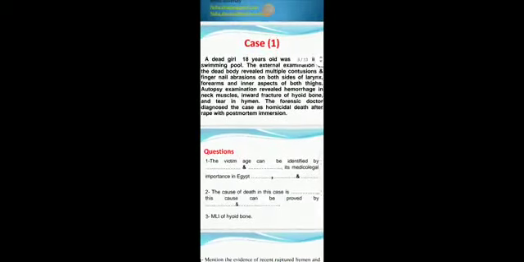First question: the victim's age can be identified by, اللي هو أول جملة اللي أنا قلت لكم عليها. A dead girl 18 years old. Okay? إزاي identify إن هي فعلا 18 years old? Is she a girl or boy? So it is a dead girl, 18 years.